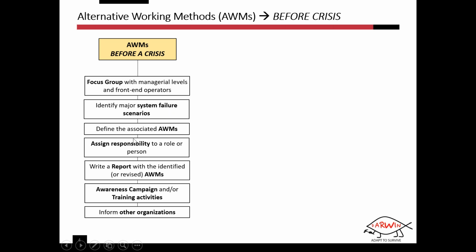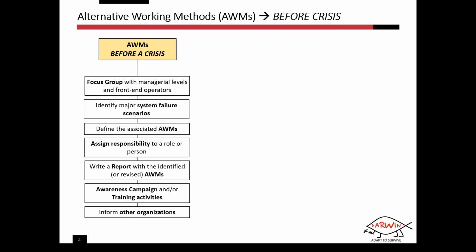Then, based on this, they discuss possible alternative working methods. And they define them. I will tell something more. And once they have defined the alternative working methods, they have to assign the responsibility to a role or a person in the organization to say when is the moment to apply these alternative working methods. And as part of this brainstorming discussion, sometimes the organization has to document, to report what is the identified working method. It could also be a revised alternative working method, a method which was used in the past but